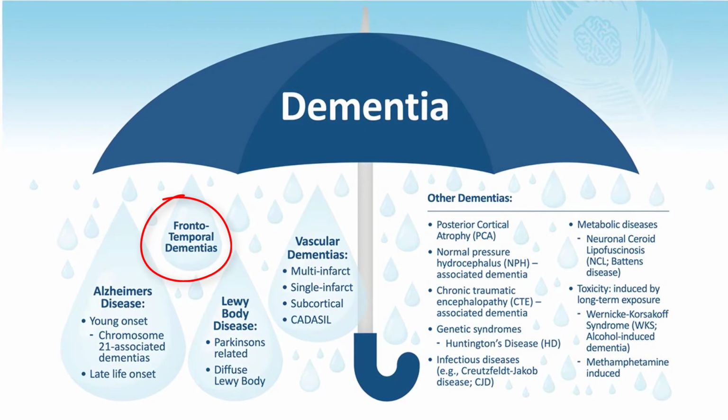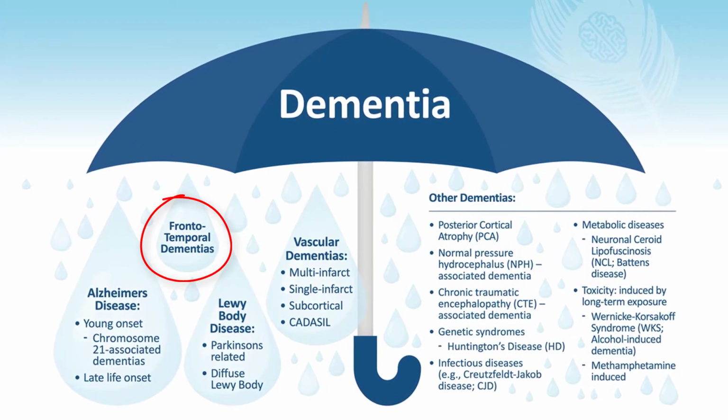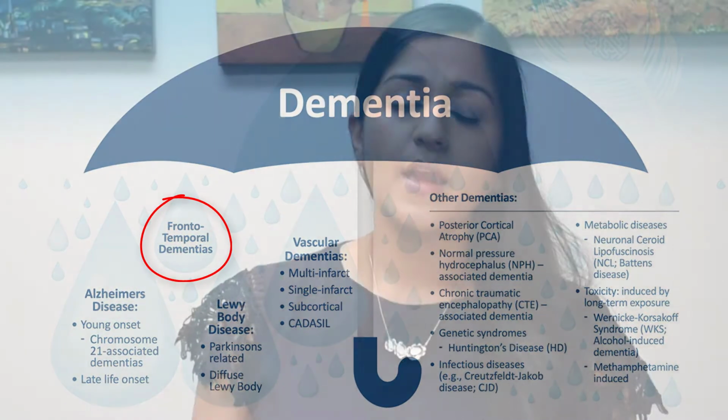Next comes frontotemporal dementia. These are dementias where people have personality changes and behavior changes, along with the cognitive changes. And the one thing I really want to emphasize is that it is very difficult to distinguish between all of these if you have a roughly normal examination and a very simple complaint of memory issues. So for neurologists and primary care doctors, it can be very difficult to distinguish between all of them. And sometimes, unfortunately, they can first be thought to be one dementia, and later on with time we think it's another type of dementia. The good news is that most of it is treated the same way. So even if the diagnosis is a little bit confusing, most of the treatment is the same.